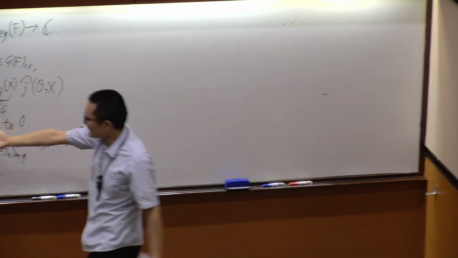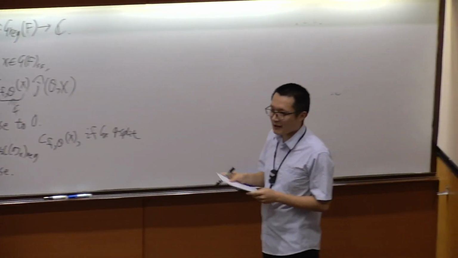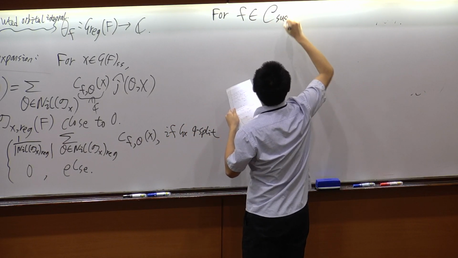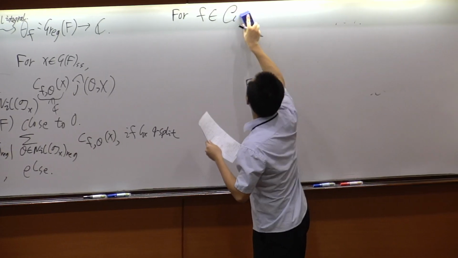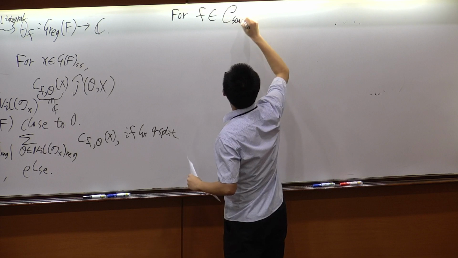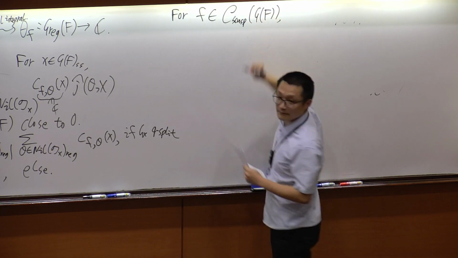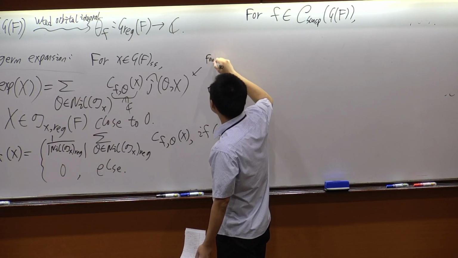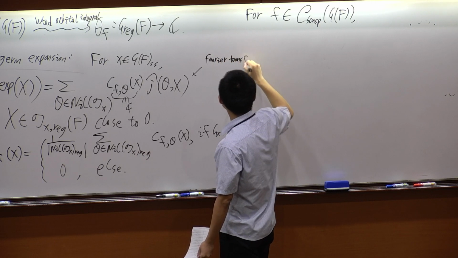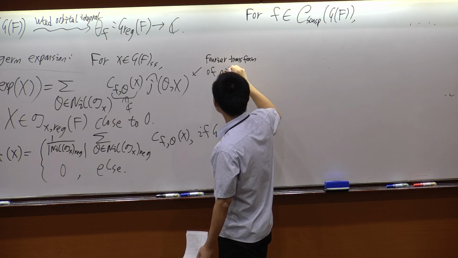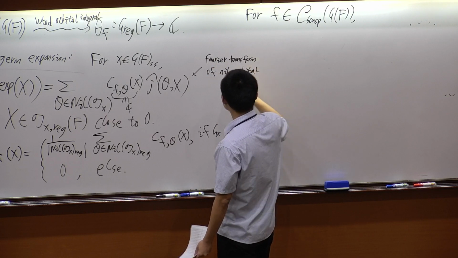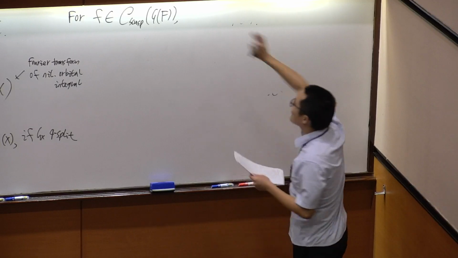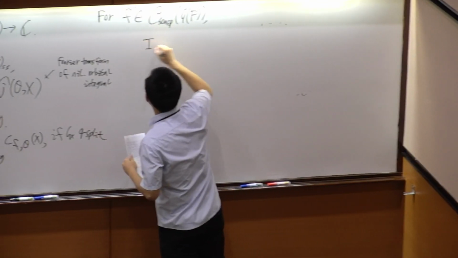Okay, so now we have this definition of the notion of germ, we can define our geometric side. So now for F inside the Schwartz space of GF, J hat is the Fourier transform of nilpotent orbital integral. So Fourier transform of nilpotent orbital integral. Okay, other questions? Okay, so now for this test function, we define the geometric side, I geometric F,